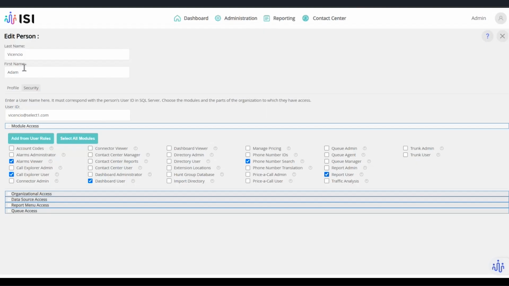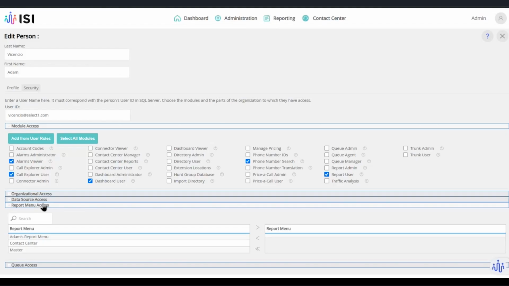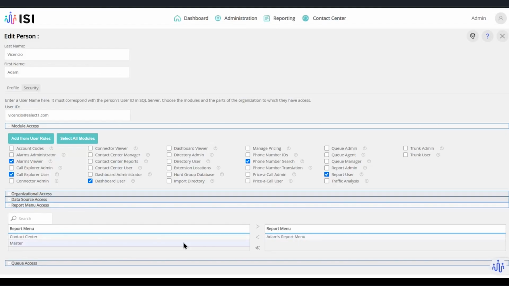And with that being said, as you configure a user under their security to have access to specific modules, you also have the ability to come into the report menu section and specifically say, oh, I would like Adam to have Adam's report menu, maybe contact center, but I don't want him to have the master report menu.